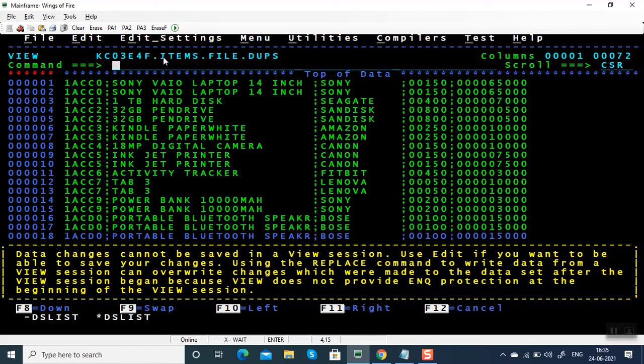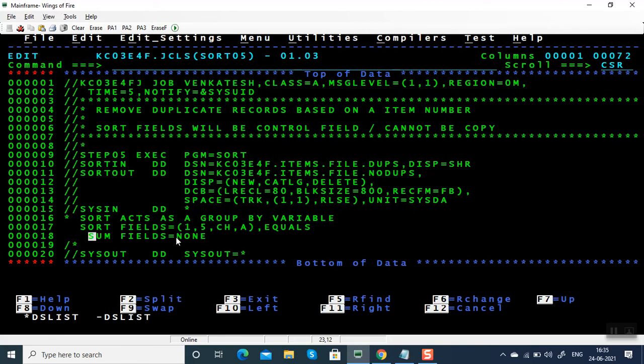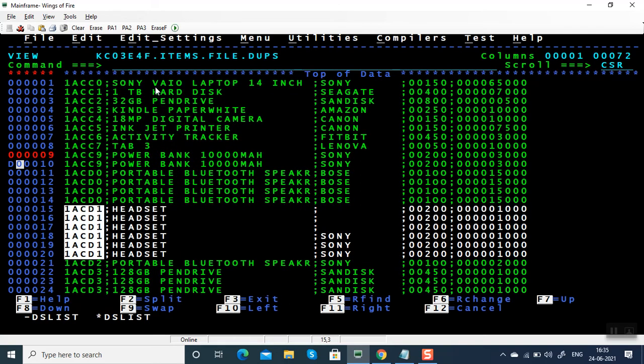Once the sort field is executed, all the item numbers are sorted and brought together. Now sum fields will be executed. Since you have given SUM FIELDS=NONE, it is going to bring the first record, because we have given EQUALS also. So it is going to apply SUM FIELDS=NONE and bring the first duplicate record into the output file.